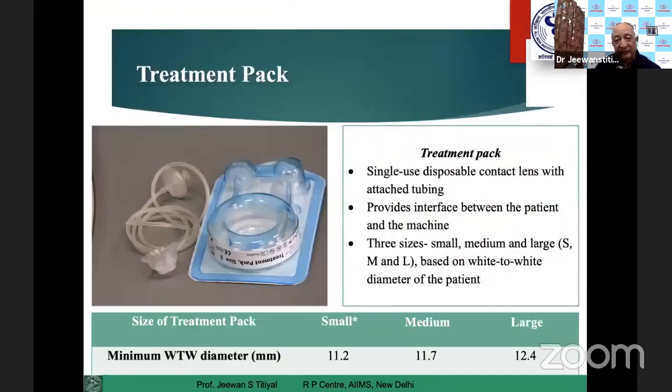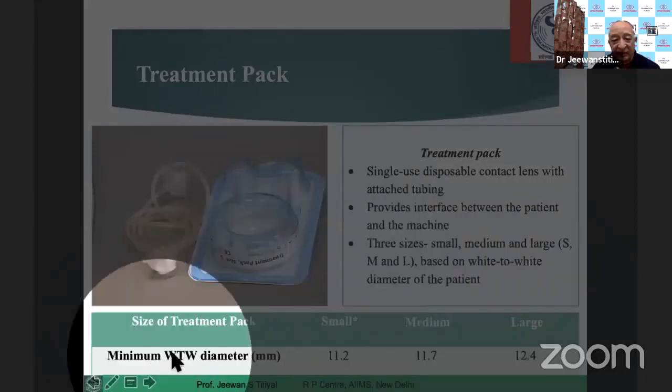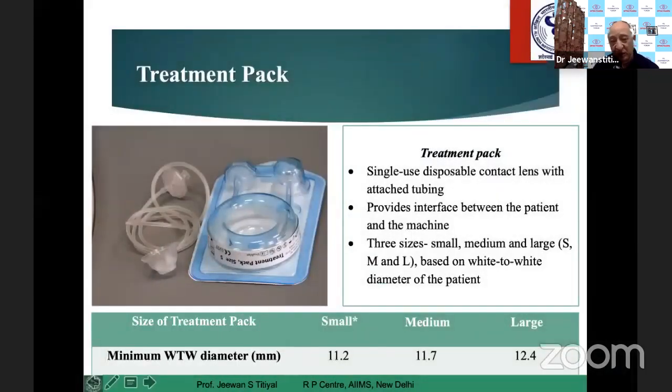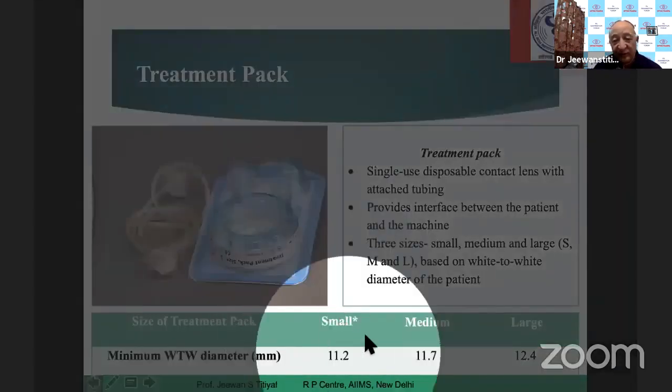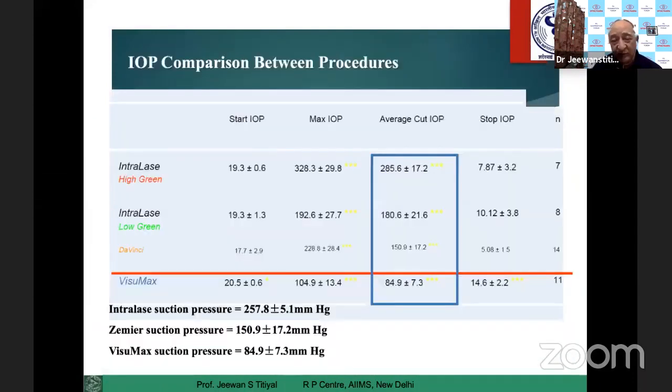The contact lens applicator used for SMILE comes in 3 sizes: small, medium, and large, and these sizes are picked based on the white-to-white. Normally, for Indian or Asian eyes, we pick the smaller ones because we rarely have a larger white-to-white in our patients. The white-to-white should also be measured before you pick the suction contact lens